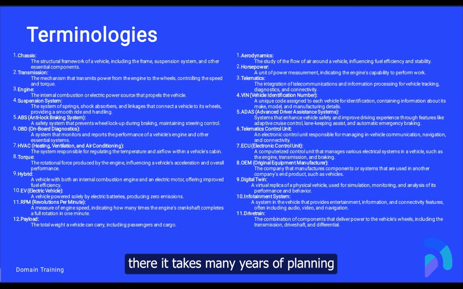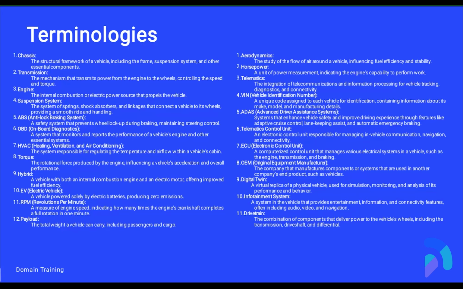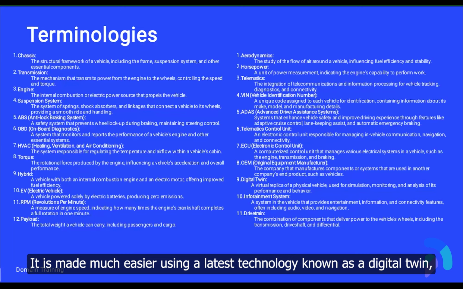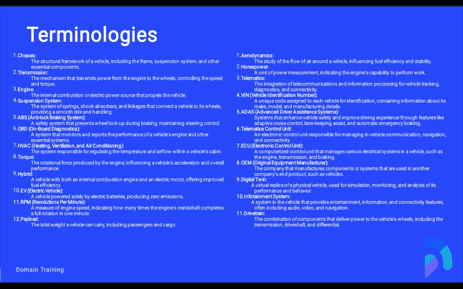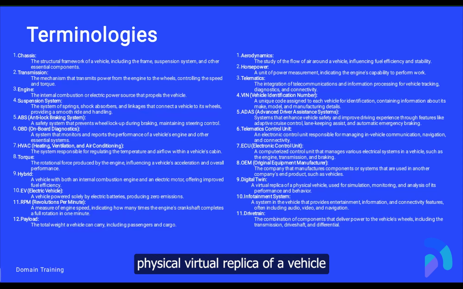So it takes many years of planning of how the plant will be assembled, how many robots are required. All this takes several years, several people to calculate. It is made much easier using the latest technology known as a digital twin, right? Several cloud providers like Azure itself provide digital twin technology where you can have a physical, virtual replica